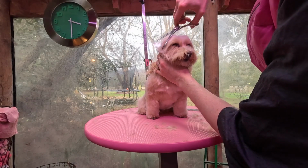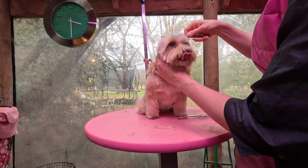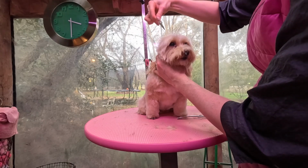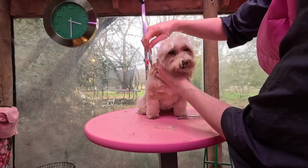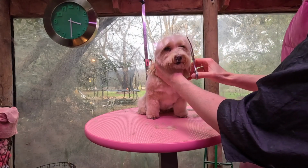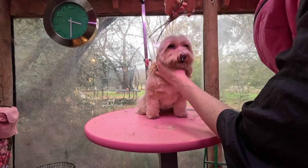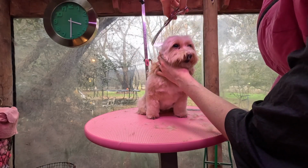So, and then I'm starting to blend this round the top of the head, so we're ending up with all this hair from the middle here gradually getting shorter, so we don't end up with a pudding basin cut. Just bringing it, matching the eye and then coming round. While at the same time trying not to come in too hard, and then you end up with a sort of pointed head, which is